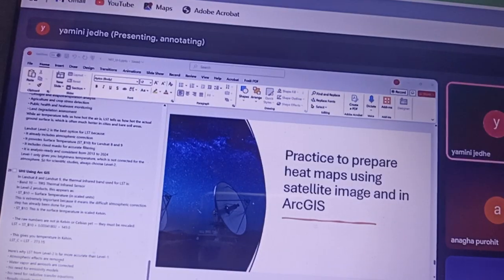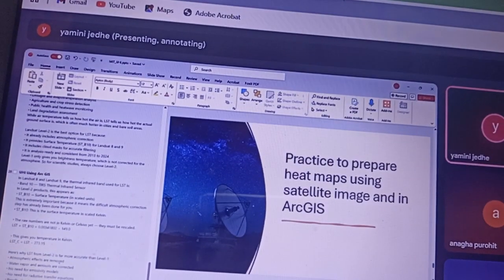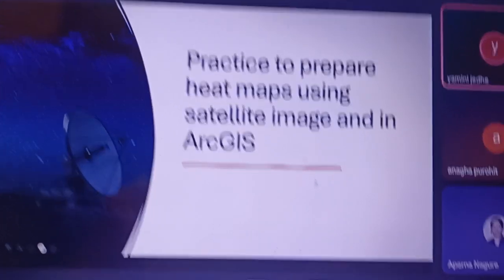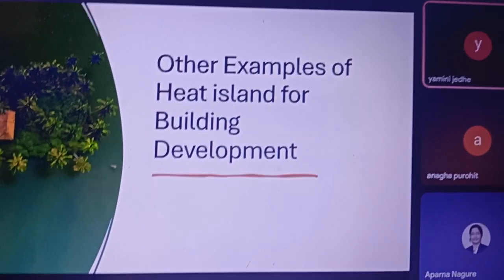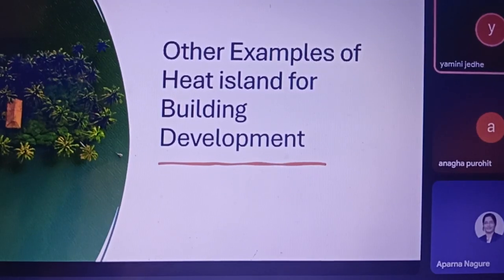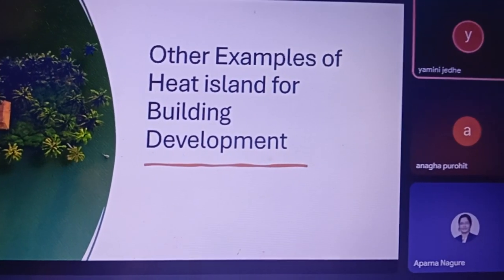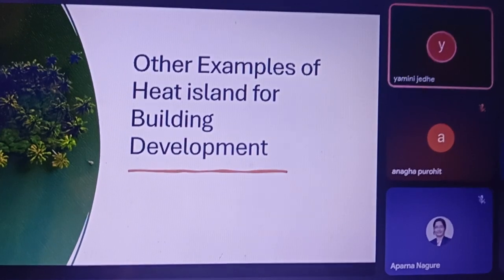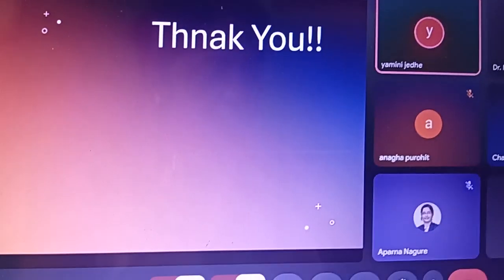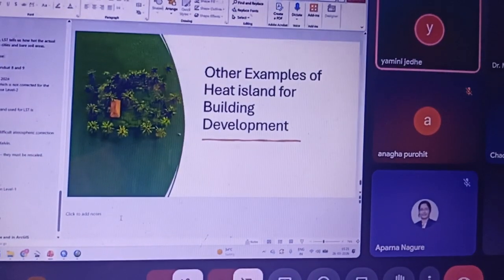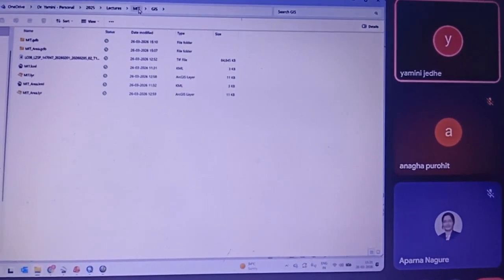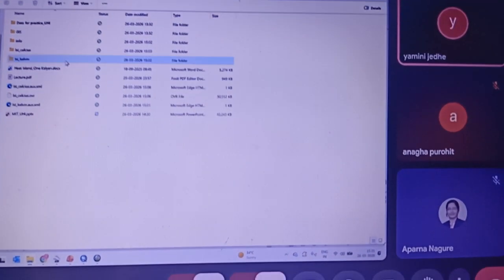As you said, even the smaller areas need to be identified, and I'm coming to that. My next topic is that if a very small building or a cluster of buildings is there, how can you identify the heat island impact in that particular area? So now I am showing you one more exercise, one more small report, just for your understanding of how microclimate heat islands are identified.